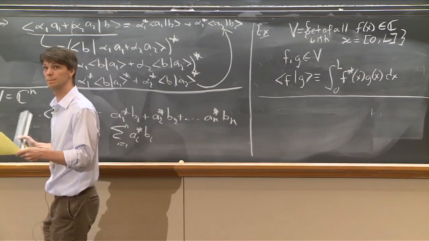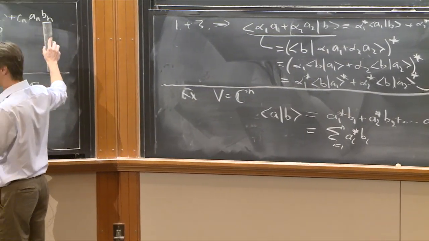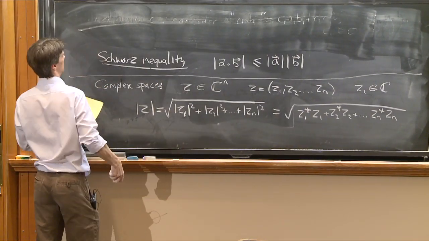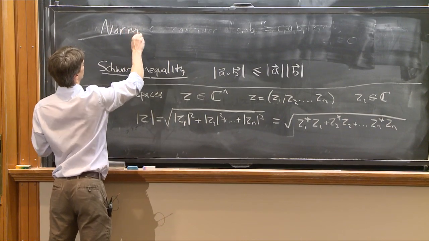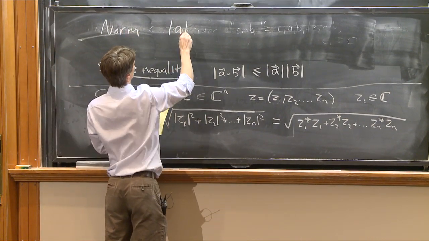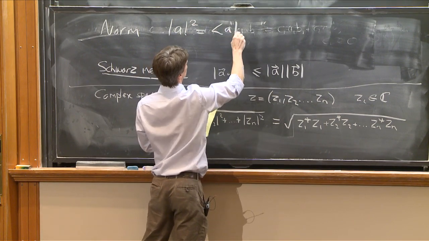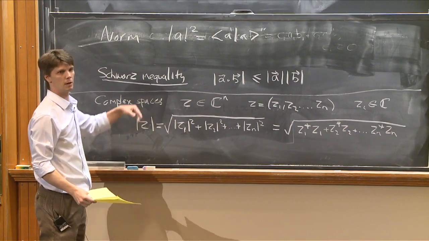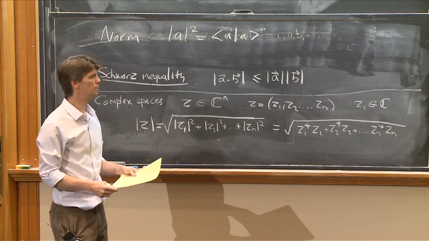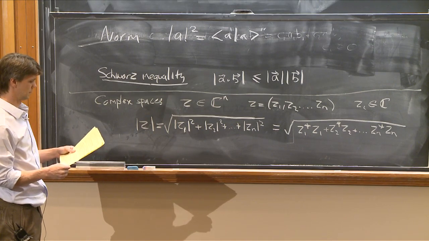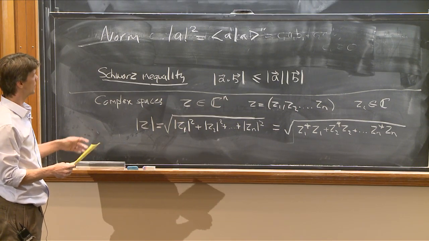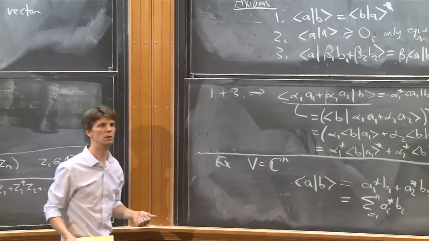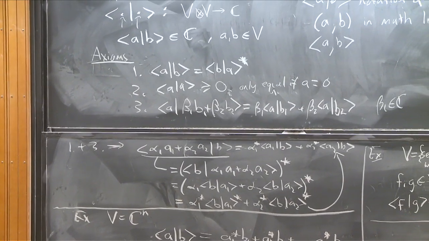So we can also talk about the norm, which unsurprisingly we are going to take to be again equal to this, just as we did in Rn, but now it's the more general definition of my inner product, right? That defines our norm. And because of our axiom, because of number 2 in particular, this is a sensible norm, right? It's always going to be greater than or equal to 0.